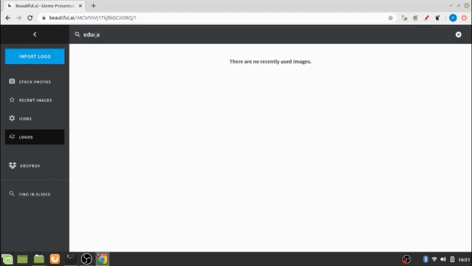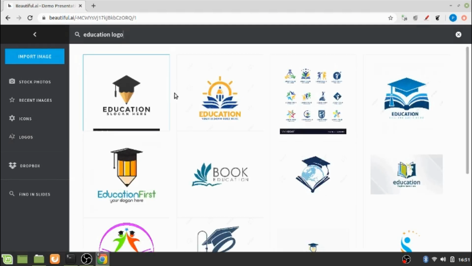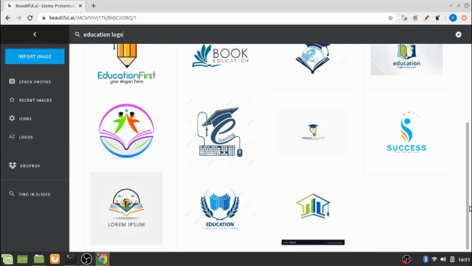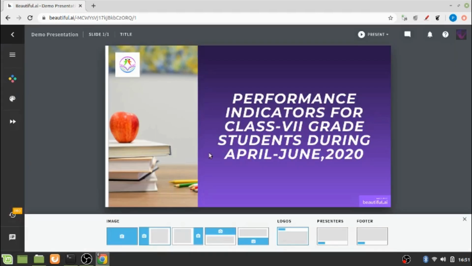Education, let me search education logo just for example, and it will take you to a lot more available options for logo. If you do not have any logo as of yet, you can choose any one of them. So now you can see this logo has been added to your slide.